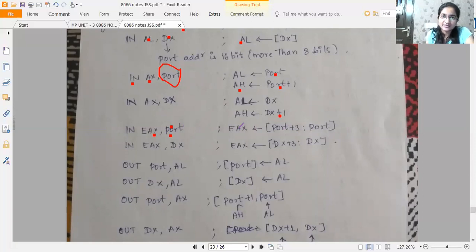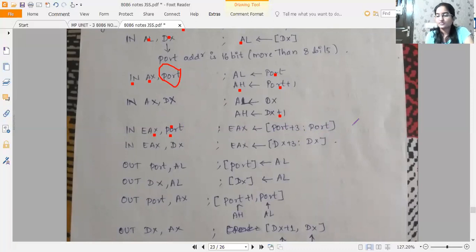Then port plus 1 will be accessed and the content of that will be loaded into AH. Next port plus 2 will be accessed and that will be loaded into the next 8 bits. Then port plus 3 content will be fetched and loaded into the next 8 bits of EAX.